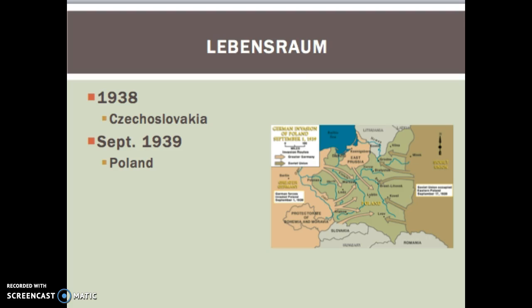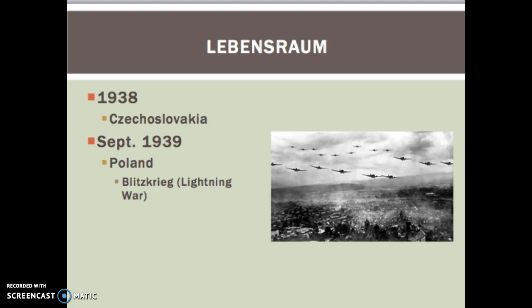Yet Hitler wasn't finished with Lebensraum. He continued to push eastward in September of 1939, when he launched a full-scale invasion of Poland. Poland was another new nation that had been established by the Treaty of Versailles after World War I. The invasion featured the new German military machine, complete with air power and tanks. Now, typically, the invasion of Poland is seen as the beginning of World War II in Europe. So that is how we date the beginning of the war, is Hitler's invasion of Poland.